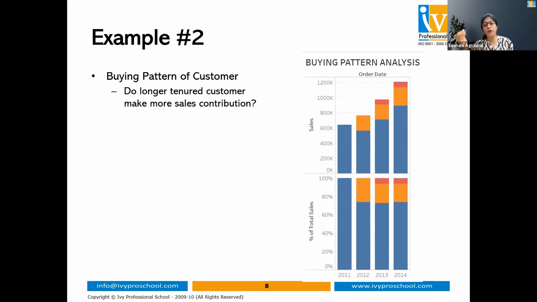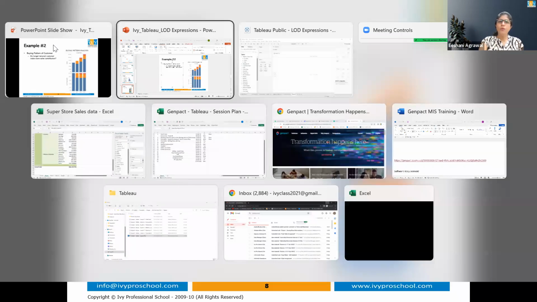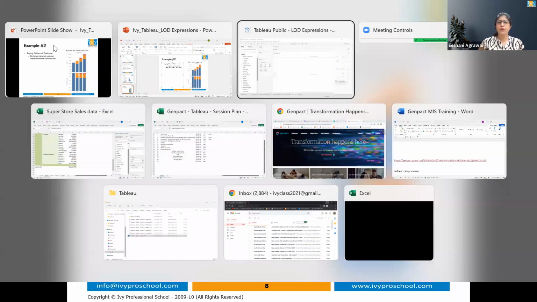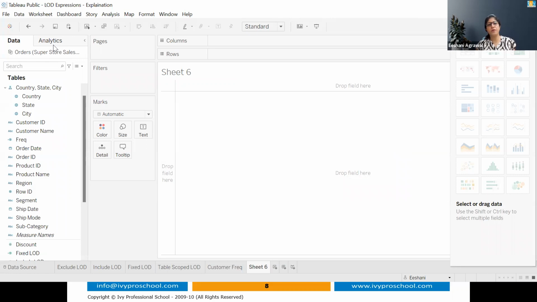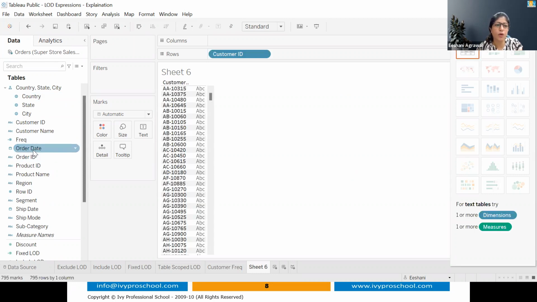And there are 4 years, 11 to 14. So first of all, how would you know which customer is which? First tell me, how would you define that a person has become a customer of a business? Order. The first order, the first purchase that we do, correct? Yes, order date. Right. The first time when you go and buy something from a business, you have become their customer. So if I put the customer IDs and if I put the order dates,